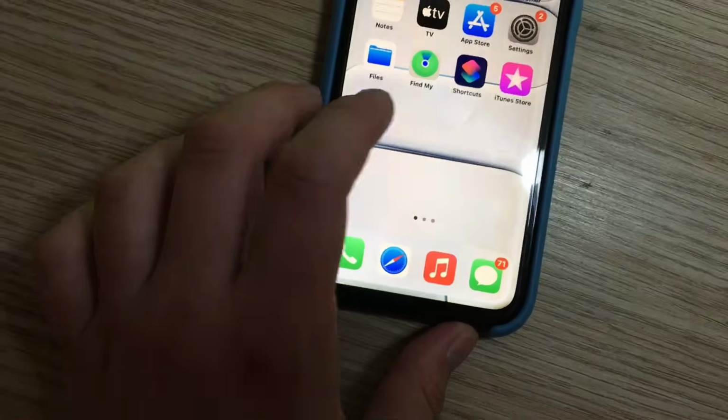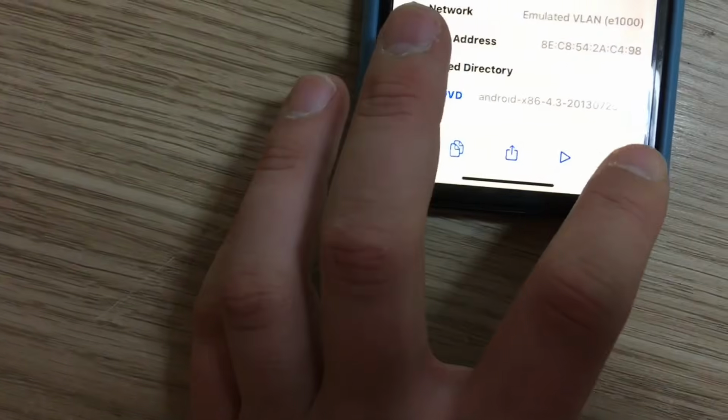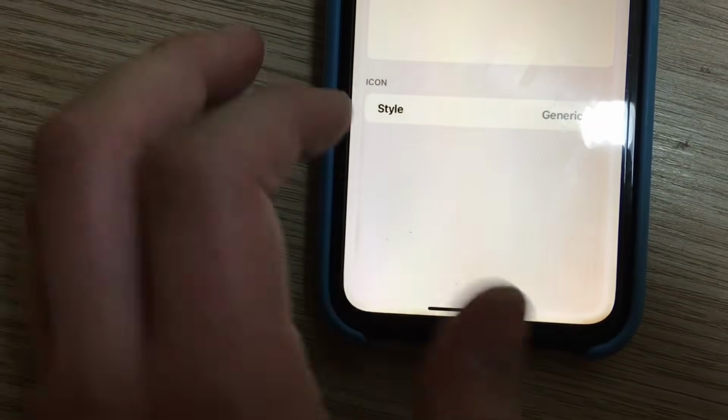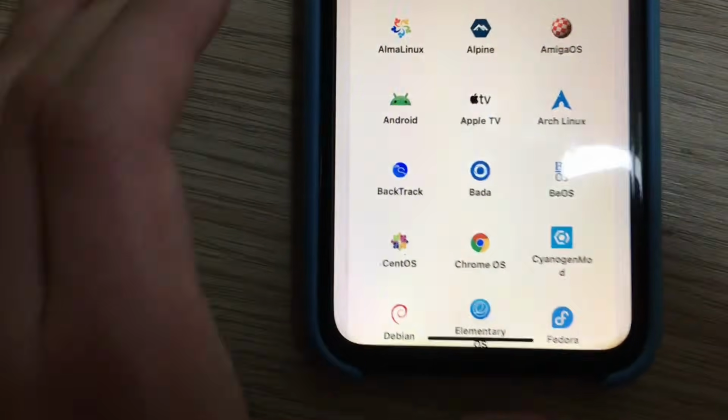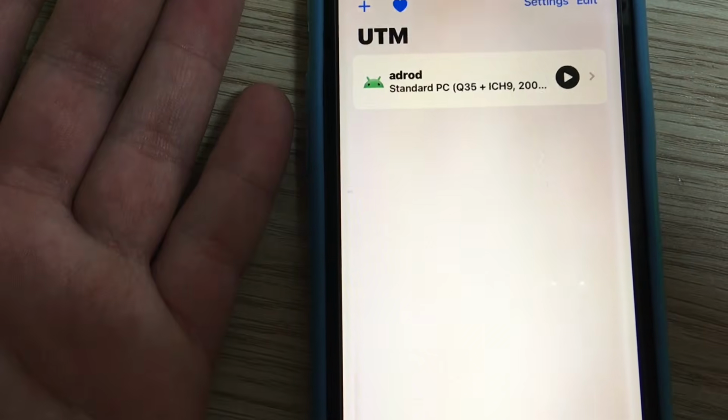One really cool thing you can actually do with UTM is actually like this. You can go ahead, open your virtual machine settings, so information and style, and choose Android. So whenever you want to start Android, you just see this, and boom,